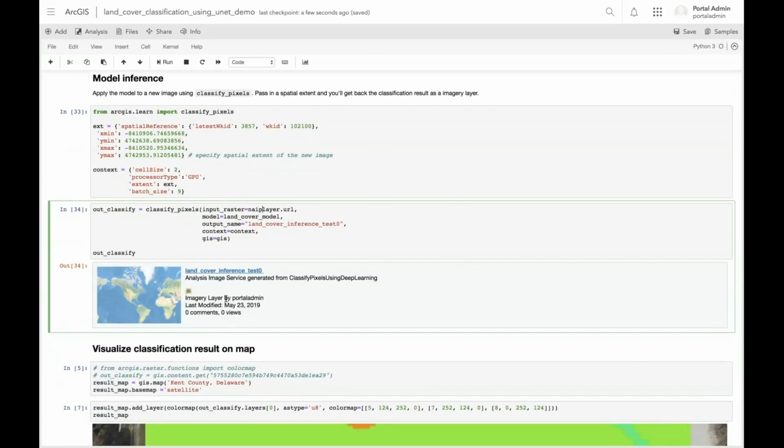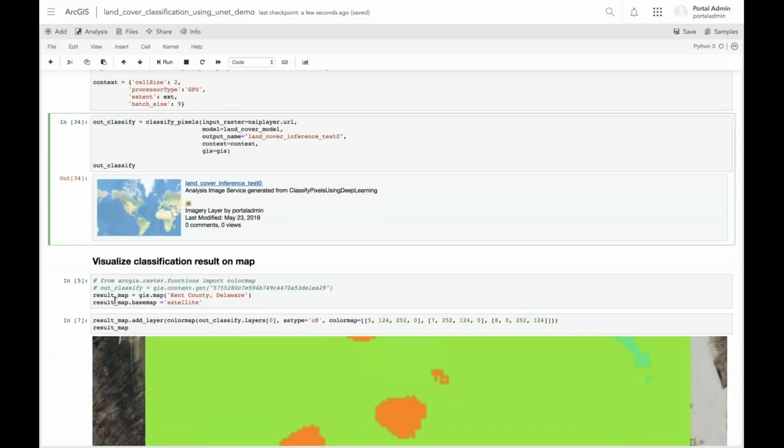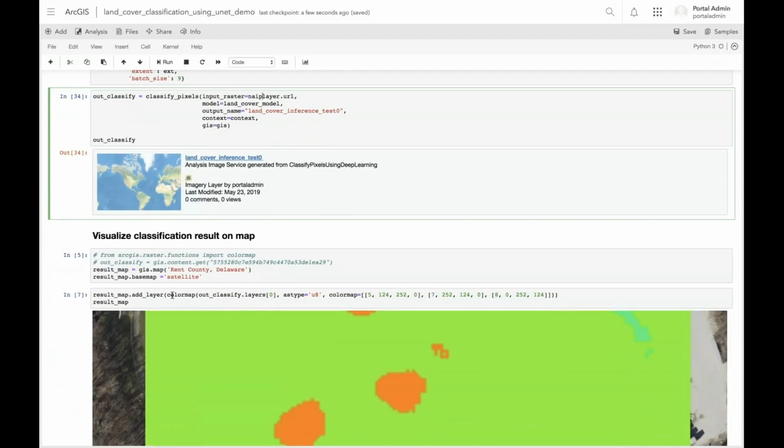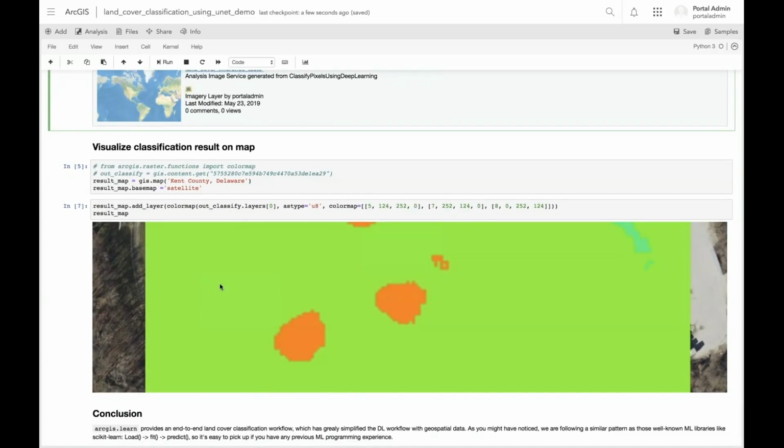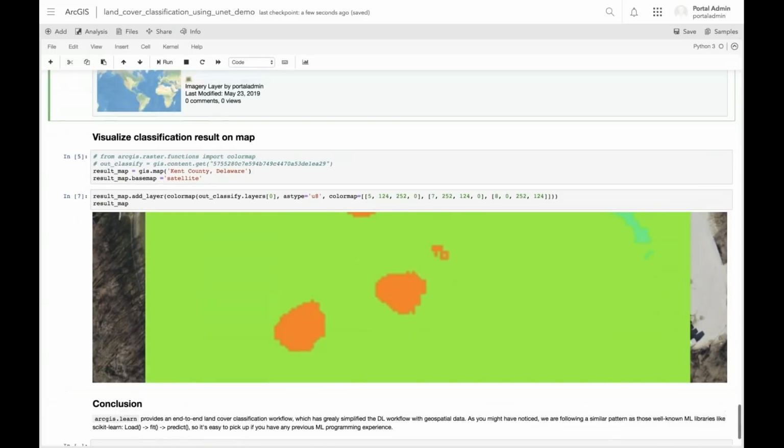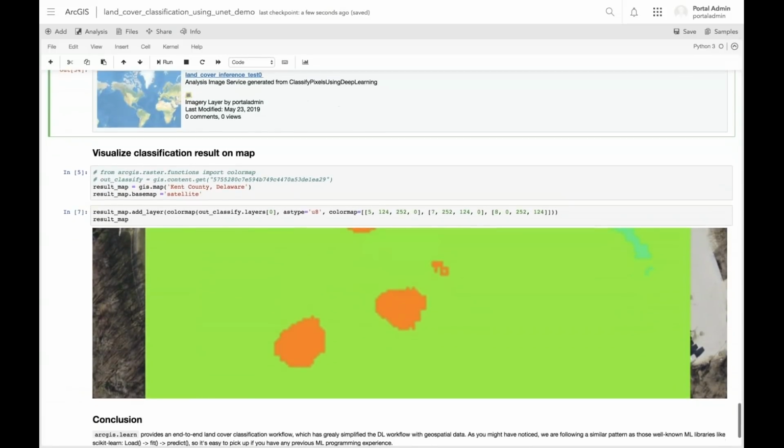And if you want to visualize this inference result, you can just create a new map, and then add this inference result as a layer to this new map, and this is what you get, a fully interactive map widget. So in summary, ArcGIS.learn provides an end-to-end deep learning workflow for geospatial data, which has greatly simplified the deep learning